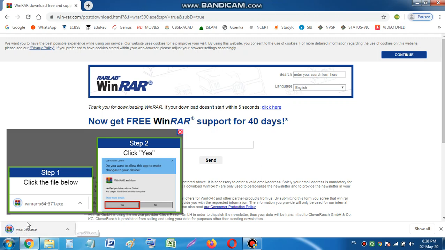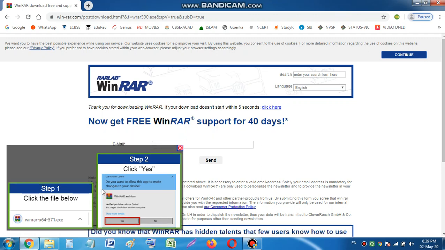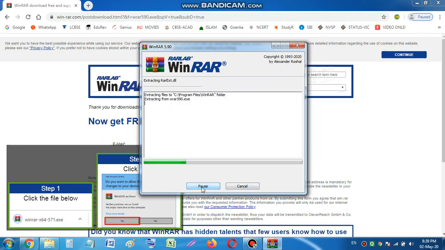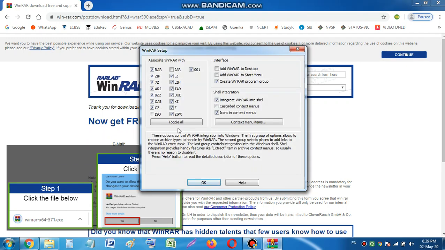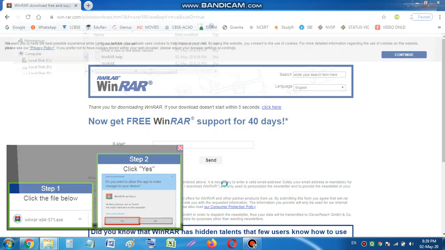It is very small software, you can see over here. Then you can click on this. You can click on open also, and it will just ask you simple installation like this. Click on yes, then install, then click all whatever everything you click. Okay, then click on okay. That's done, you have installed, and congratulations, you have installed WinRAR software.